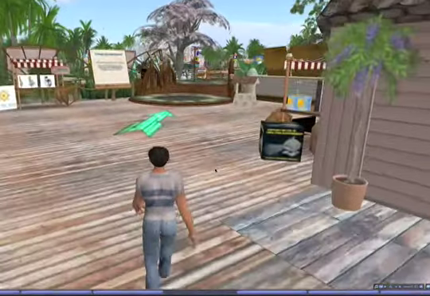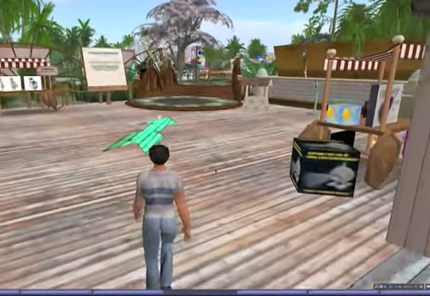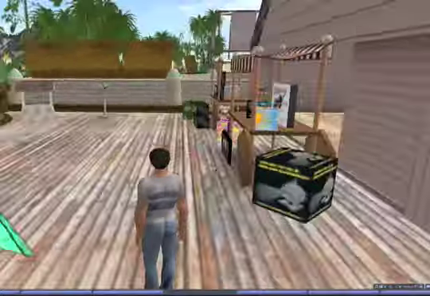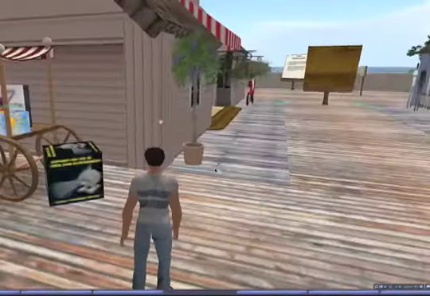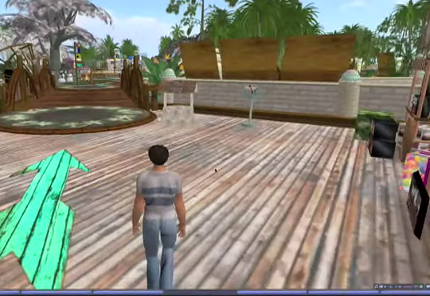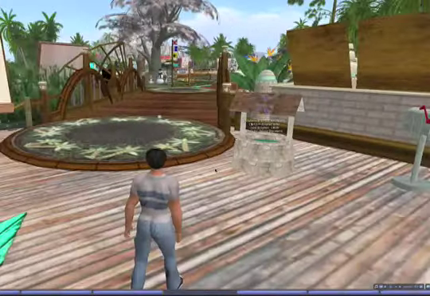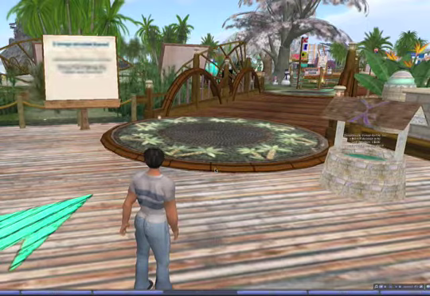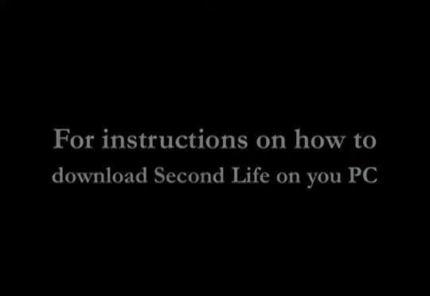Once you're done with this, you're done with the basic orientation. You're welcome to continue on. There are some more advanced features here towards the end. You're welcome to try those out if you want, but that won't be required. This is the end of the required orientation area, but feel free to wander around here and